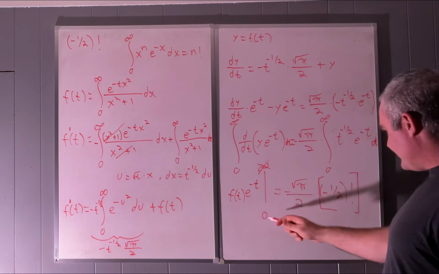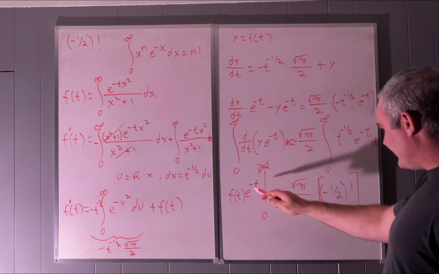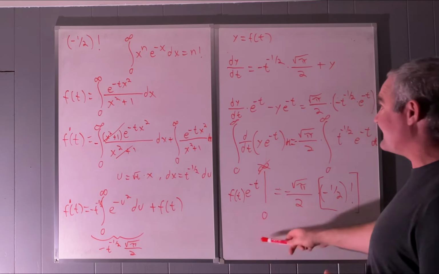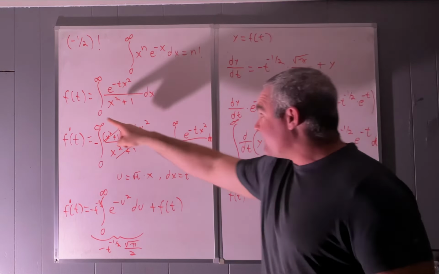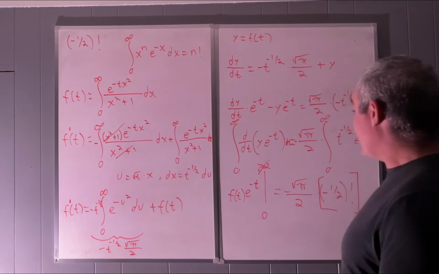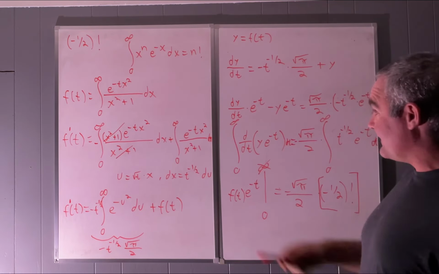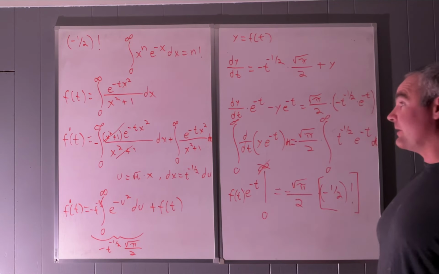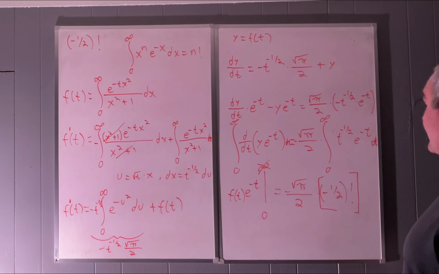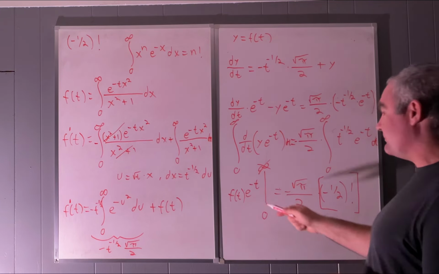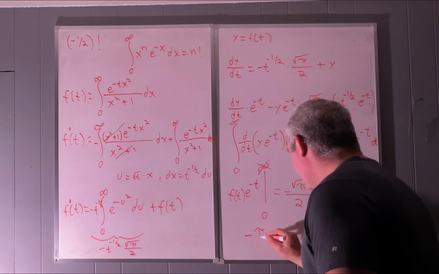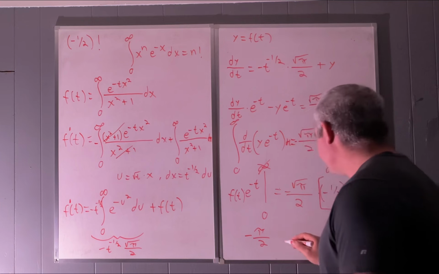And at the point 0, this e to the negative t will just become 1. So we're really just evaluating f at 0. So if we evaluate this function at 0, we'll find what this side is. And if you plug in 0 for here, you get 1 over x squared plus 1, and that's just going to be equal to pi over 2. But don't forget, we're actually subtracting pi over 2. So we get that negative pi over 2